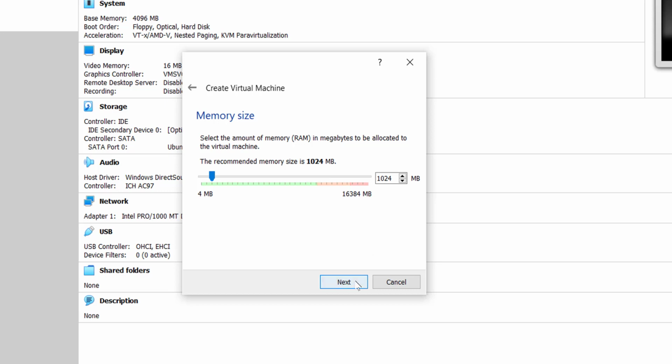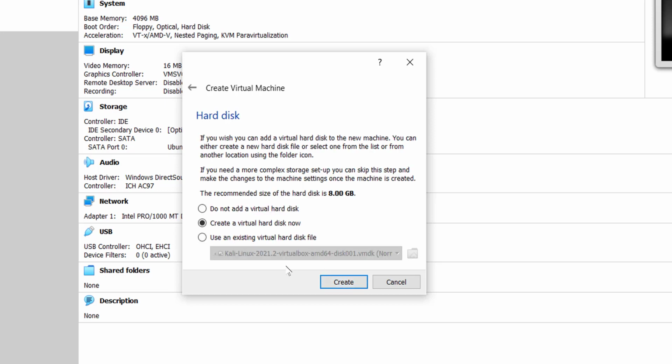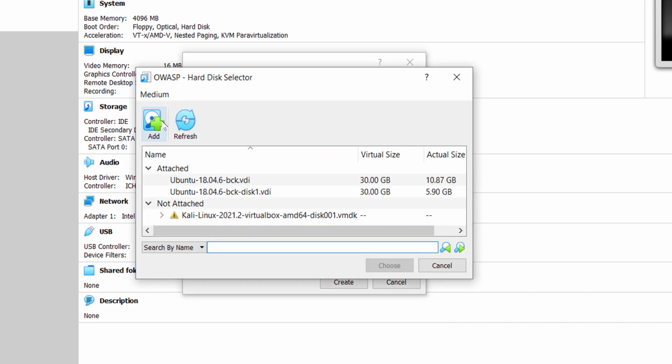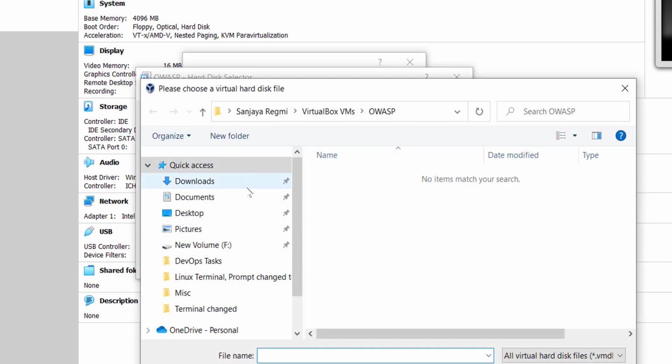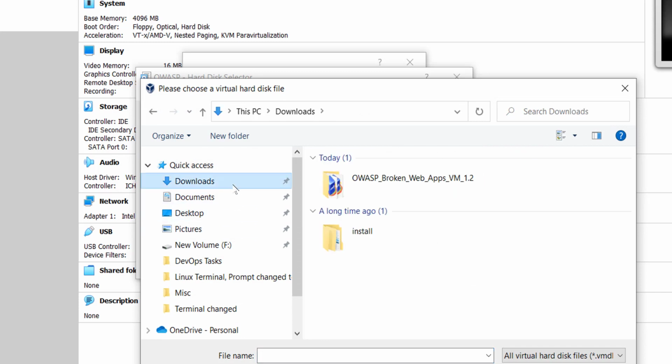Click on Next. Here click on Use an existing virtual hard disk file because we have already downloaded the virtual hard disks or the .vmdk file while downloading the OWASP BWA virtual machine file. Then click on this folder icon to locate the VMDK file. Locate the OWASP BWA folder from the downloads